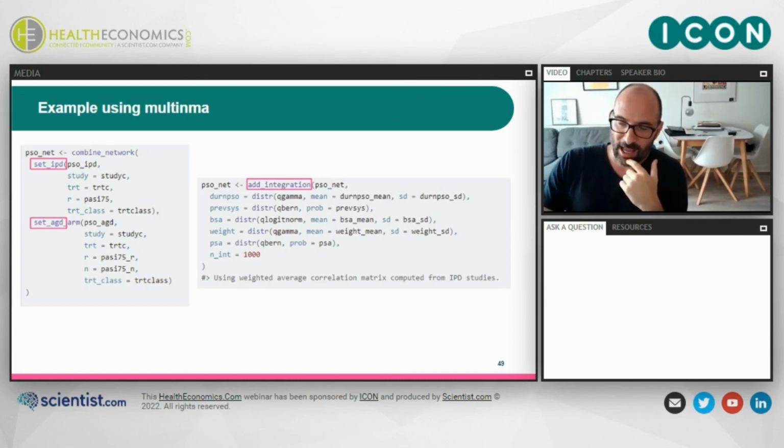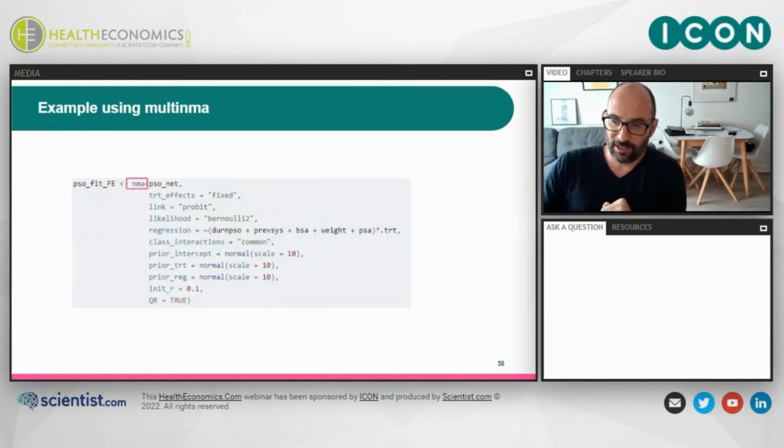As I mentioned when we were looking at the plots, you need to say how you're distributing your input covariates. So this is essentially specifying distributions. Here we have gamma, Bernoulli, etc., specifying distributions for your covariates. And then finally, it's as simple as running this NMA function to do the full analysis. And behind the scenes, all of the calculations are handled for you. Because this is done in a Bayesian paradigm, we also need to specify prior distributions for all of the analyses and all of the issues that go around that.